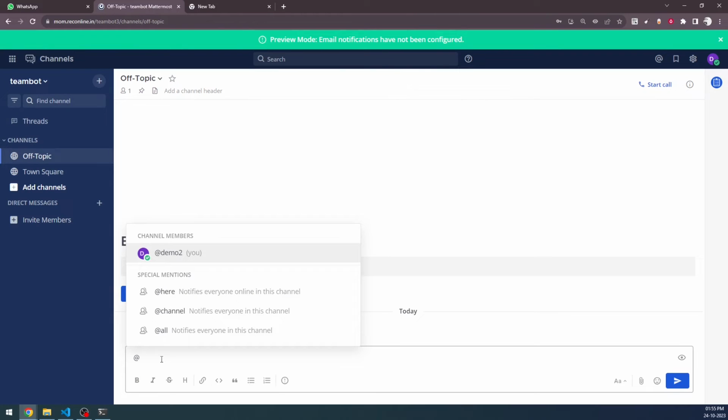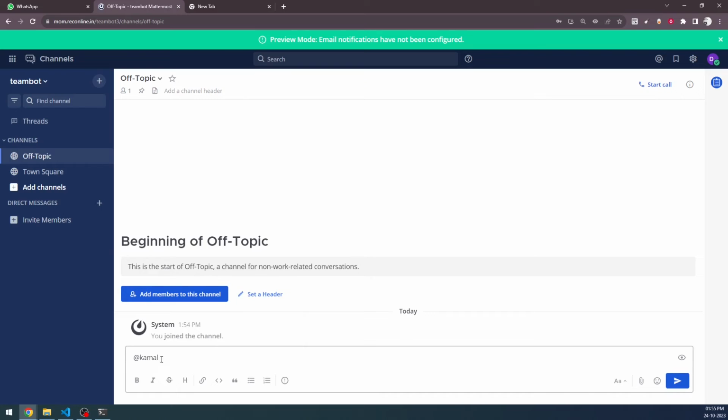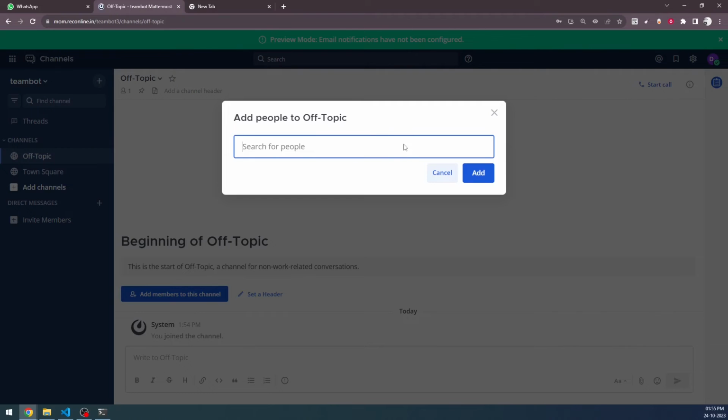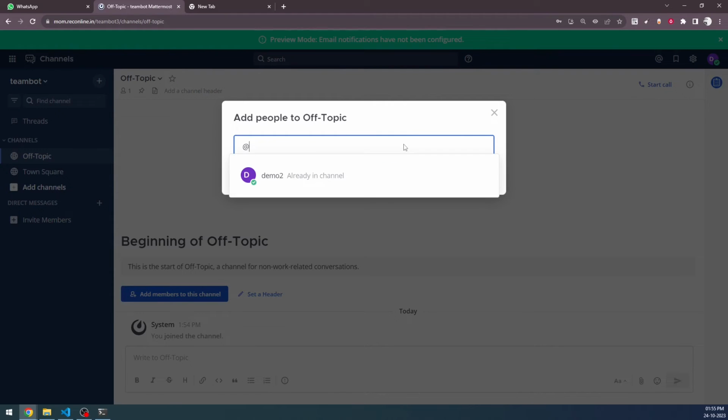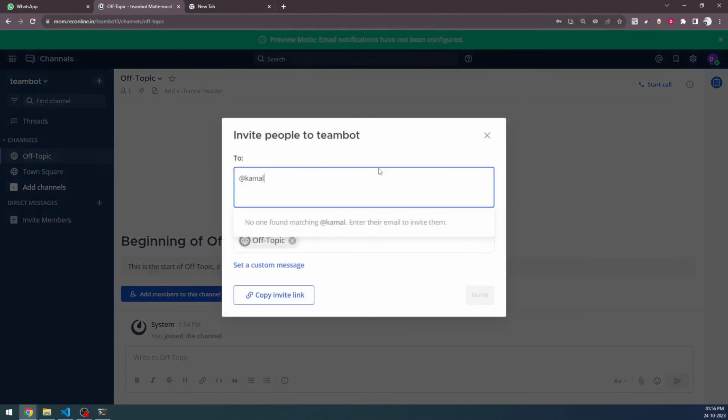Okay, so first and foremost, you will see that not many users are coming up. Even the user Kamal is not coming up. So what you can do is click on add members to this channel. You can go here and search for the members. If you say Kamal, you will see that none of the members are coming up, but you can then say invite to the team. And once you say invite to the team,